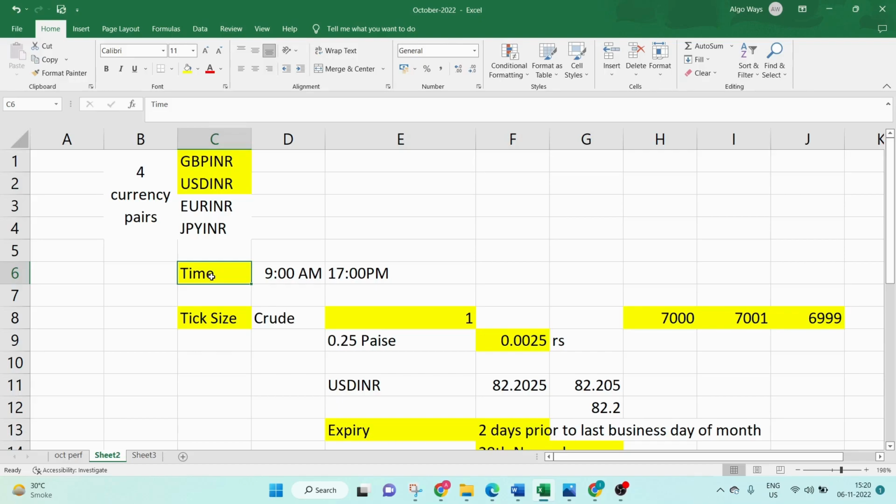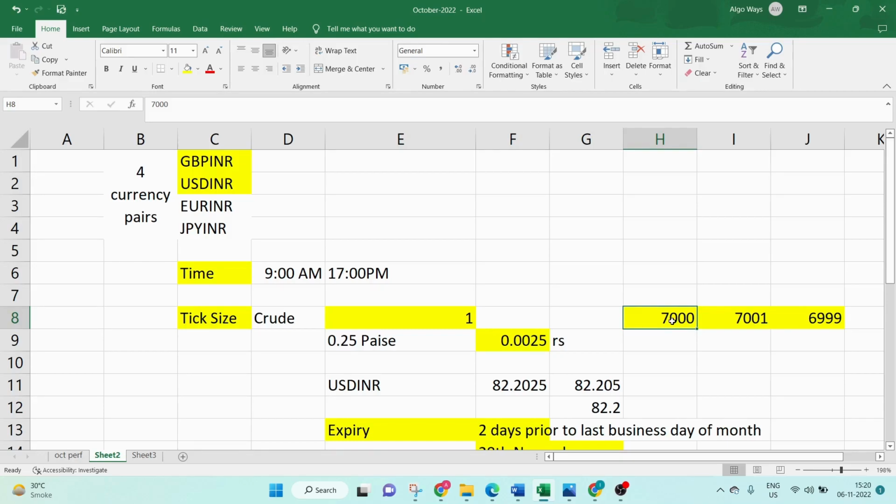Next is tick size. What is tick size? Basically, let me take an example from MCX. If you see crude, if it is trading at say 7,000, its tick size is 1. That means the minimum it can move is to 7001 or 6999 from 7000. Similarly, the tick size in NSE is